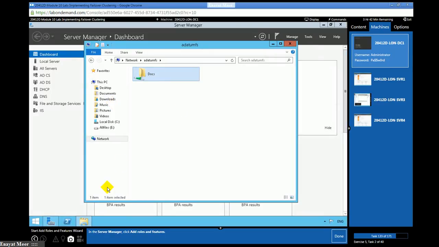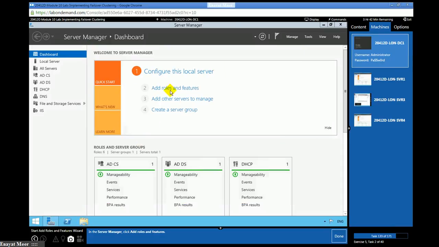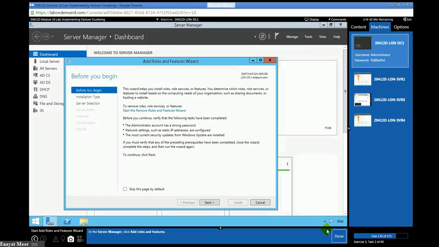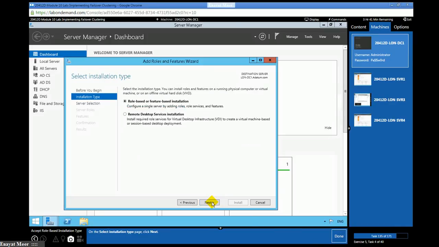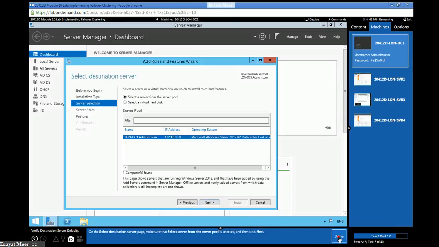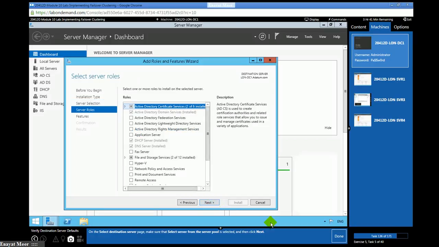Going back to my domain controller and into Server Manager, you're going to start the Add Roles and Features wizard and click on Next. Make sure you have DC1 available and click on Next.